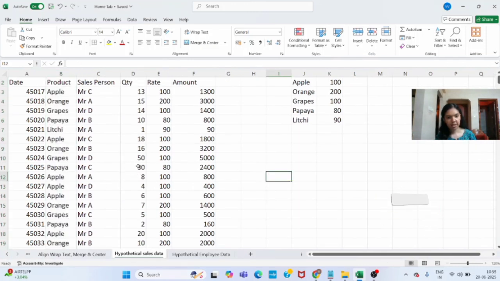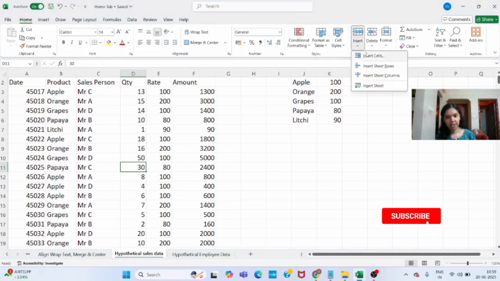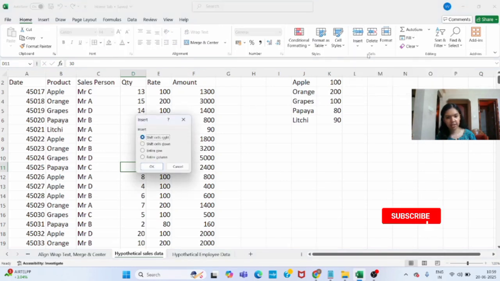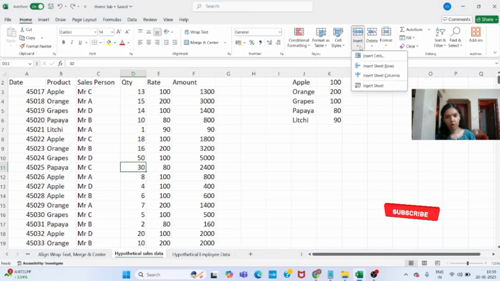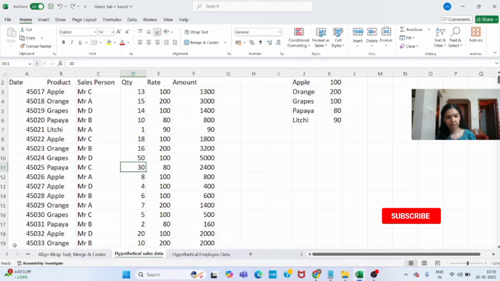Now suppose you select this cell and you want to insert an extra cell here. Just click insert cells and you will get an option to shift cells right, down, and so on. I have clicked on shift cells right. So this entire thing got shifted to the right. Same way if you want to insert a row, column, or any new cell, we can use these options. Now if you look down here, there are different Excel sheets. I have named them differently.